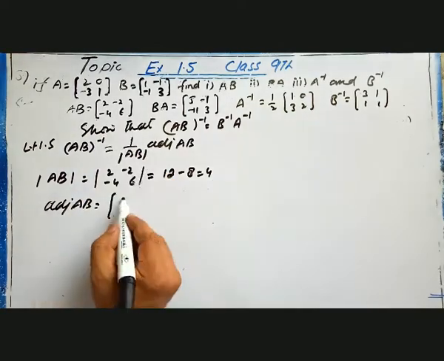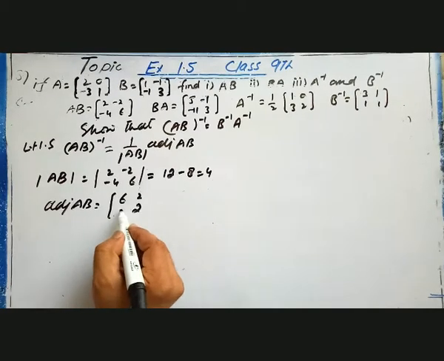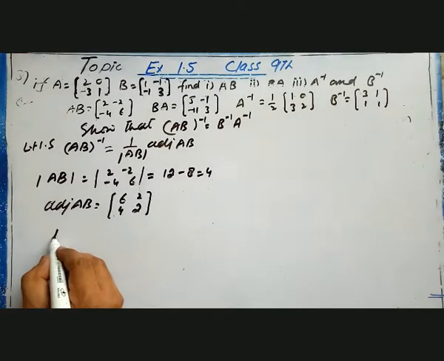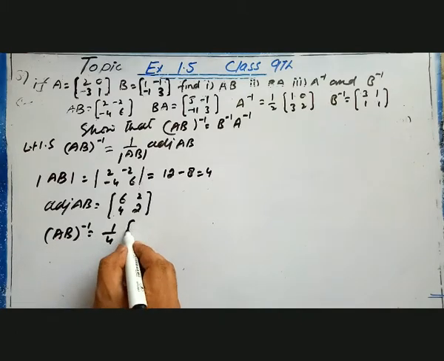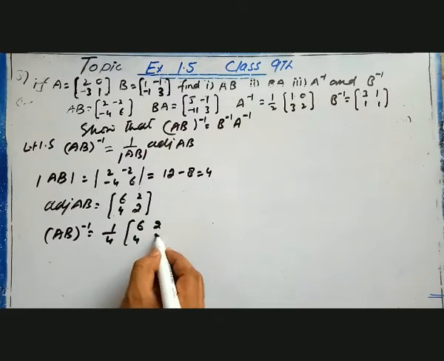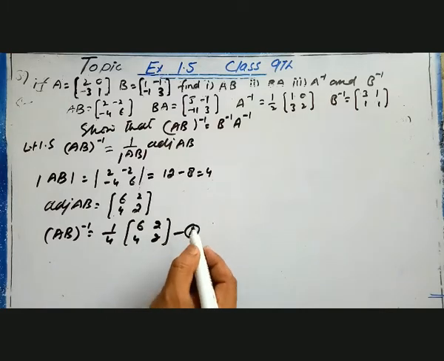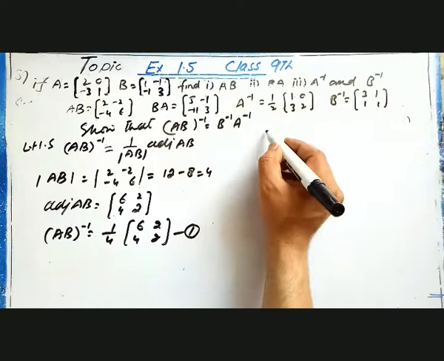So 6 and 2, this will become 6 and 2, and both sides will be positive. So AB whole inverse will be equal to 1 over 4, and that is 6 2 4 2. This one is 1. Now right hand side,